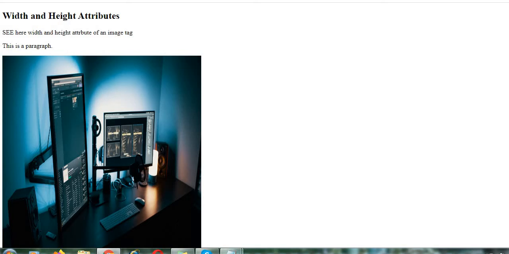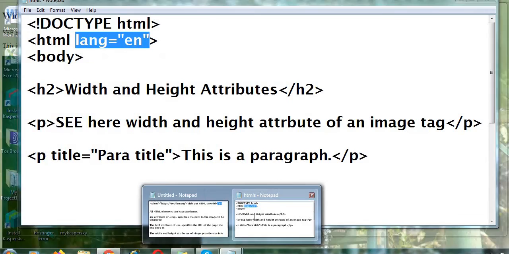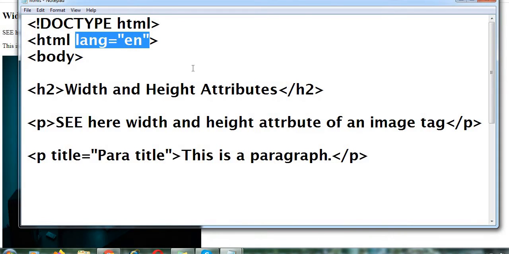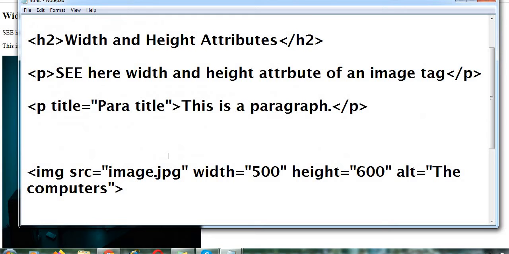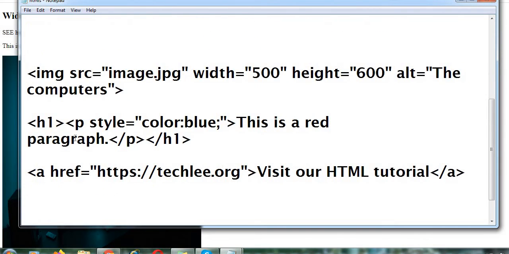Okay, and now going towards the code again, and we mentioned the lang tag, the para tag, and except it we also mentioned the style tag. Now just going towards the end of the code, here we have the style attribute. Here I used something more.